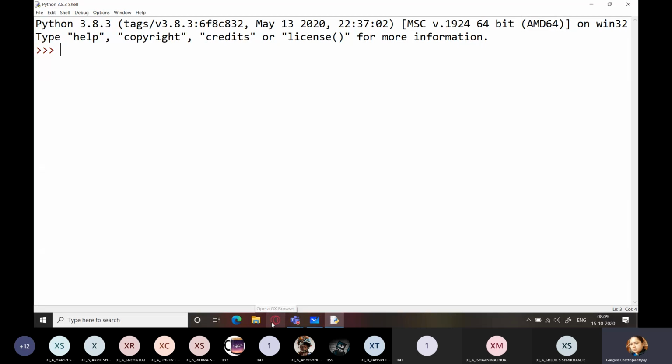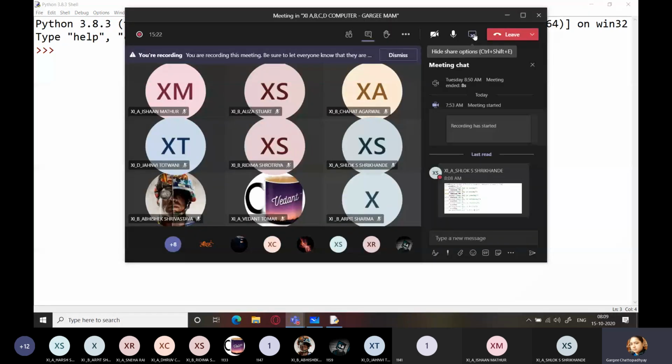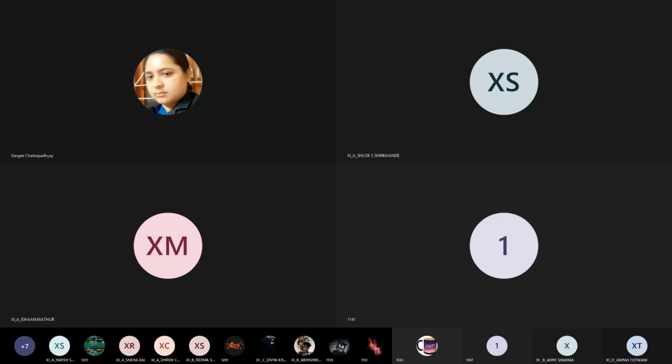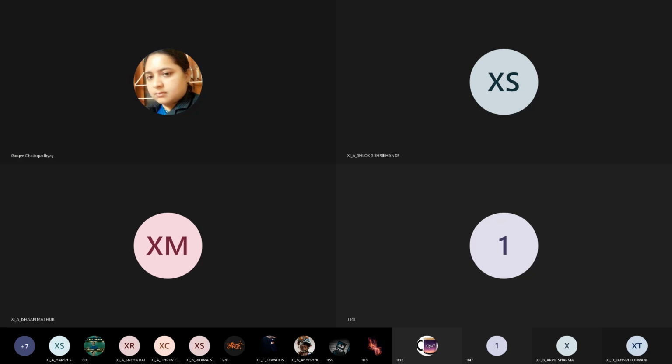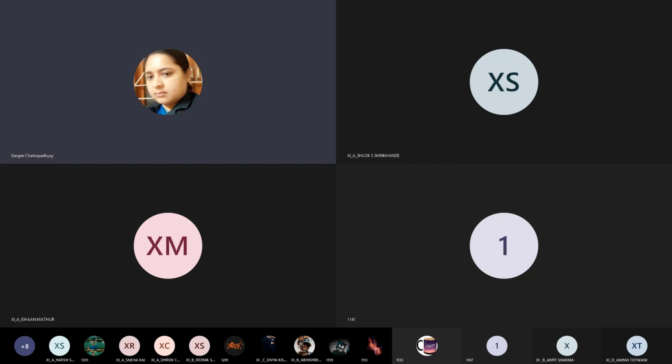That is, I have to release the marks. Just give me a moment. I'm stopping the share from here. Everybody should complete this flowchart till then. Complete the flowchart and write the program.